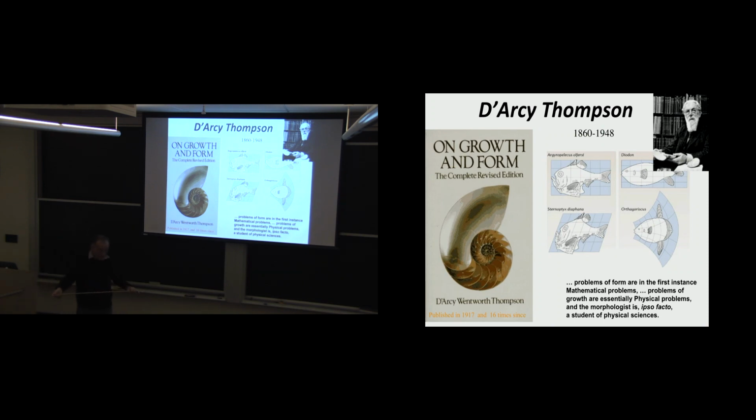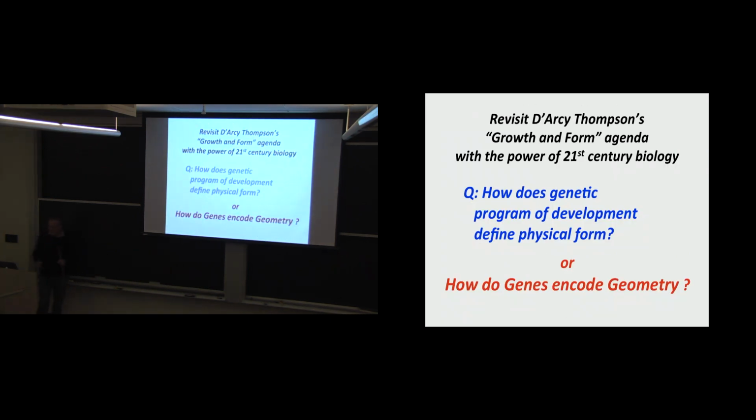So this was an example of physics in morphogenesis, and at least intellectually, this whole field goes back 100 years. Darcy Thompson actually thought that all of developmental biology should be thought of as mathematics and physics. He was just observing beautiful shapes in nature and wondering how they might be described, and had some very beautiful ideas. But he was really much before his time, in the sense that